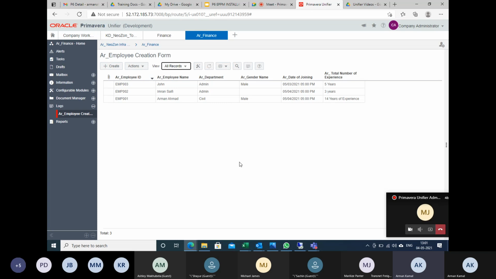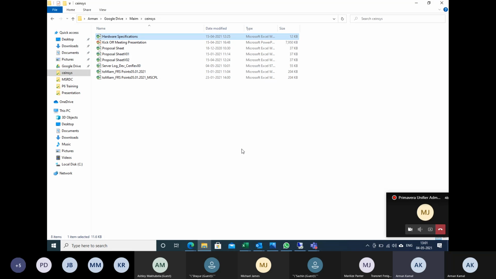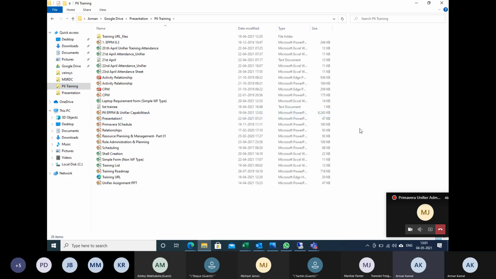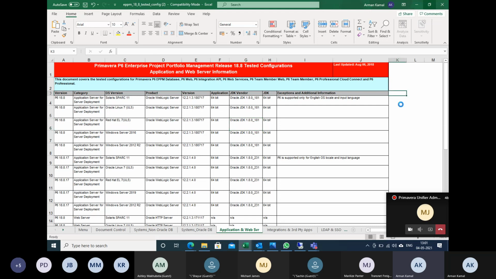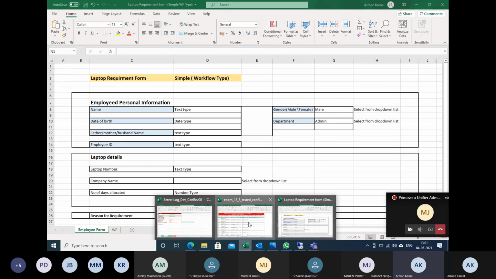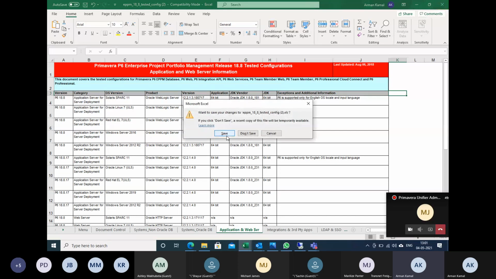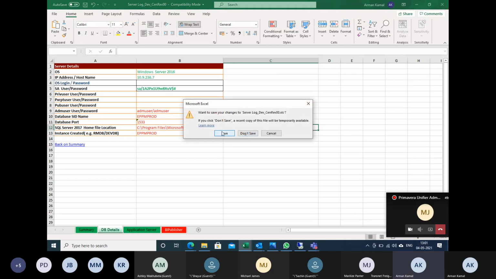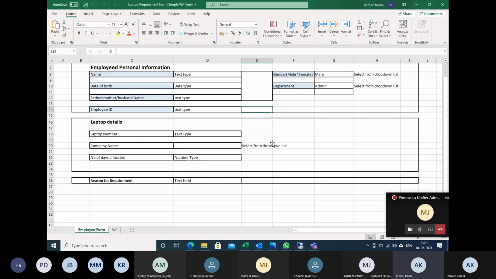Now the second assignment which I'm going to revise is this laptop requirement form. Okay, let me open this. Let me close the unwanted Excel sheet which is not required, it will create confusion.